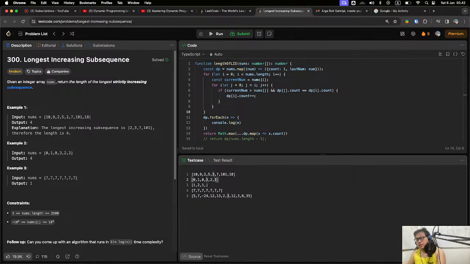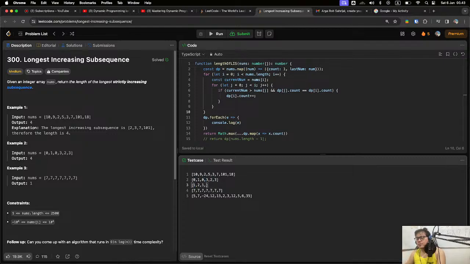Initially we know that if we consider this as the last element, or the only element, the longest subsequence has length 1, itself. But we know that there is 0 here, which has 1 as the length of its longest increasing subsequence, and 3 is bigger than 0.